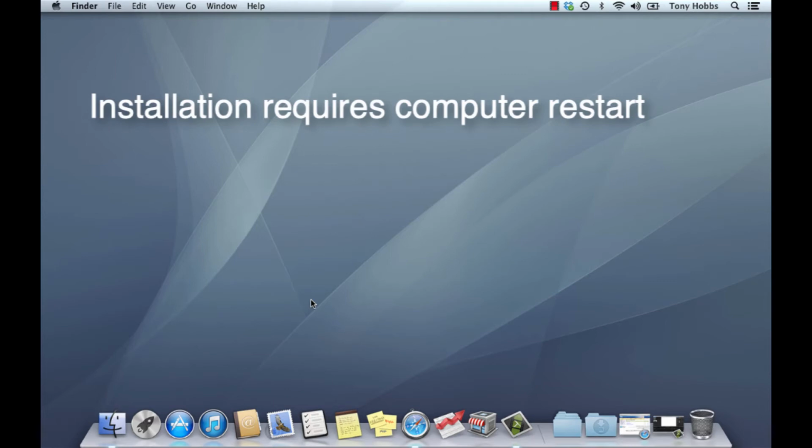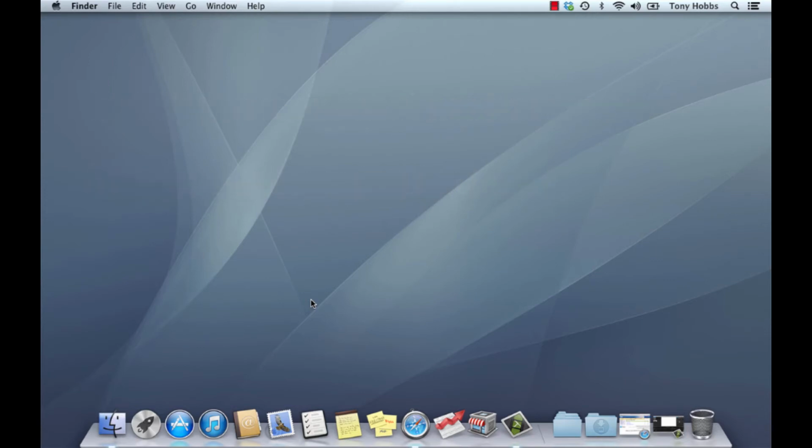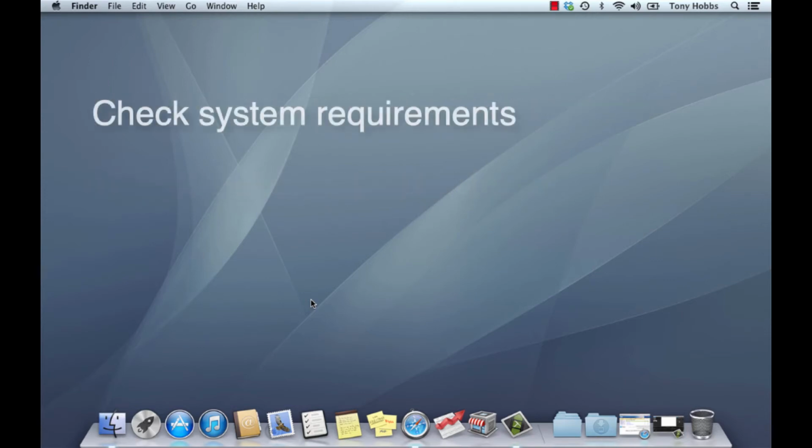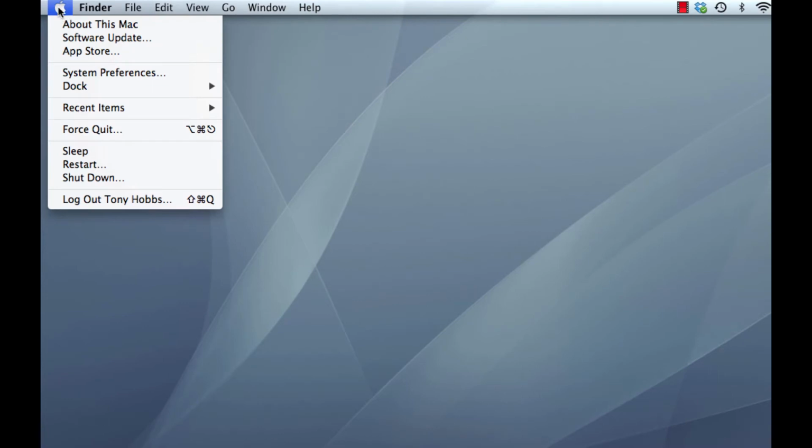So when installing and upgrading on the host computer, always ensure that nobody is using the existing AccountEdge Plus product to avoid any problems. And lastly, as you should do for any upgrade or installation, check the system requirements. To do that, simply click your Apple button in the top left-hand corner of the screen. Choose About this Mac